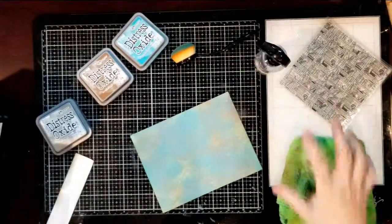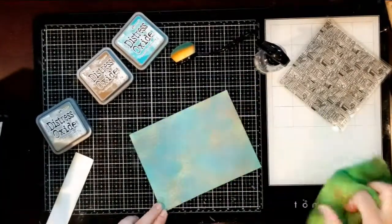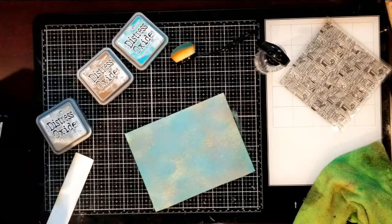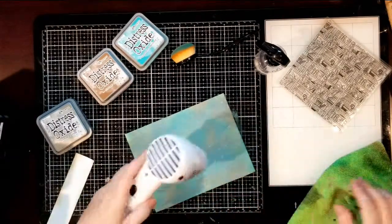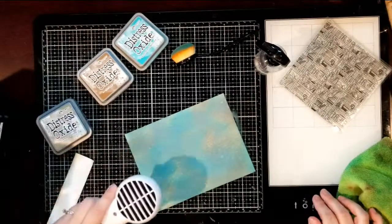This is a technique I do need a lot more practice on. So I'm not real sure how much water I'm supposed to use. I'm actually using, for the paper, I didn't use my good solid cardstock like I should have. I used a scrap. And now I'm using my Ranger heat tool to just try to dry it,